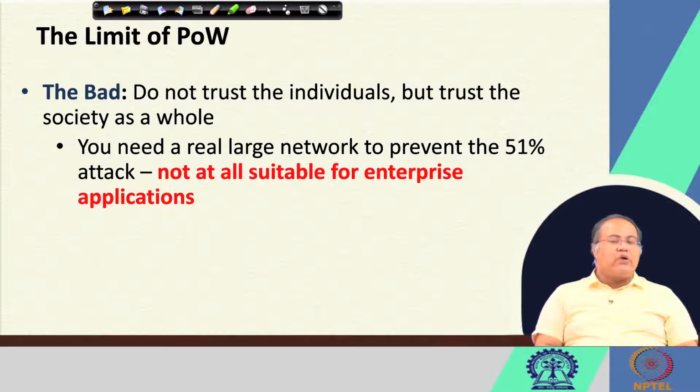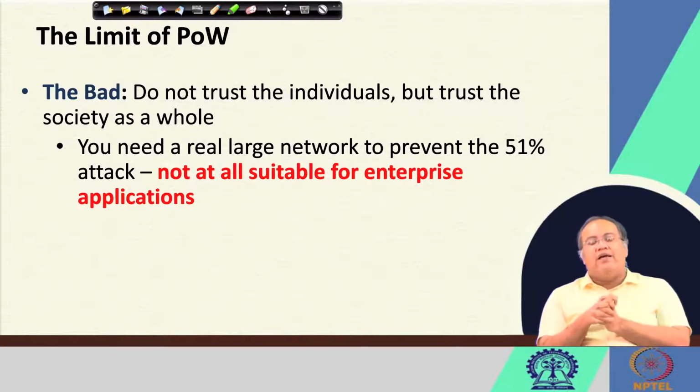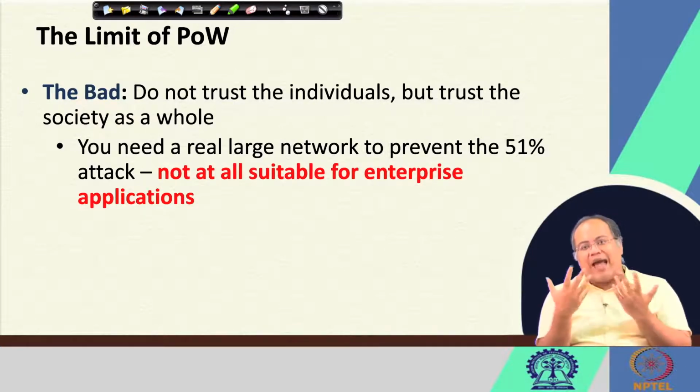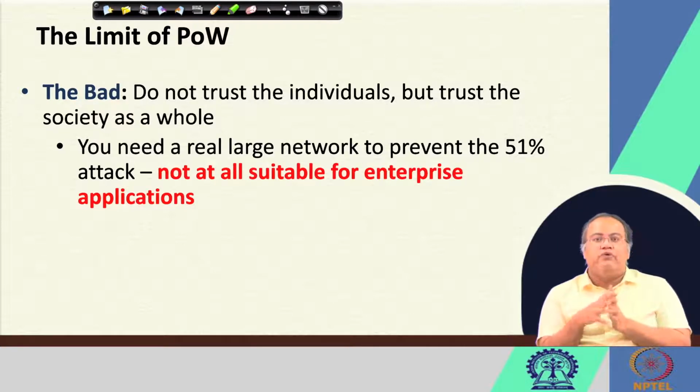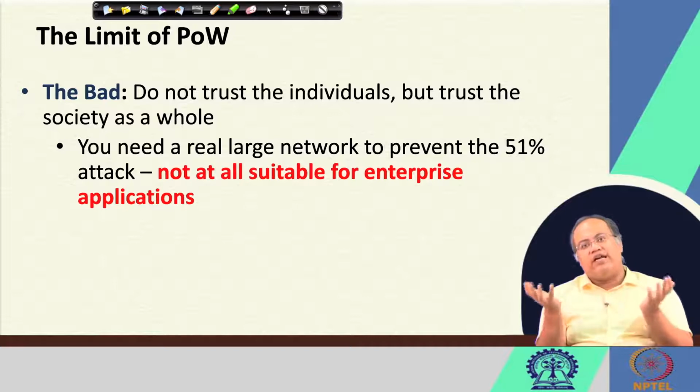But that is not true for future open blockchain architectures, because attackers already know that they can launch such a 51% attack. Whenever you are proposing a new blockchain architecture, or rather a new blockchain application with a proof of work consensus mechanism, unless you are able to ensure that during the bootstrap itself your network will be sufficiently large.